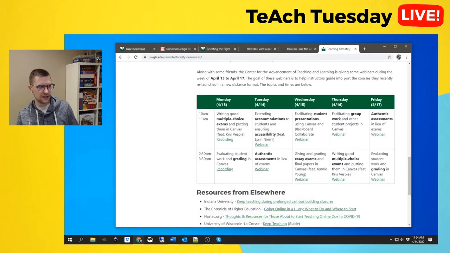Like I said, on the Teaching Remotely page, we did two yesterday on grading in Canvas, which speaks to that gradebook question again if you wanted to get your gradebook set up to begin with, and then writing good multiple choice questions and using them in particular to assess learning,